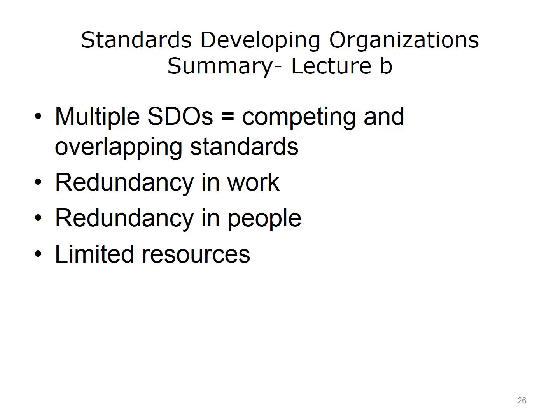It's interesting that we have so many SDOs, because producing standards is an expensive task. Most SDOs have budgets in the $1 million range, and many companies spend hundreds of thousands of dollars annually to participate in making standards. Consequently, there are limited resources for creating standards. So why not work together? The making of standards has created other businesses, including consultants who teach you how to use standards, and educators who teach you about standards. You won't remember the details of every one of the SDOs we discussed in this unit, but you will have some familiarity with the names and some idea of what kinds of standards are produced.